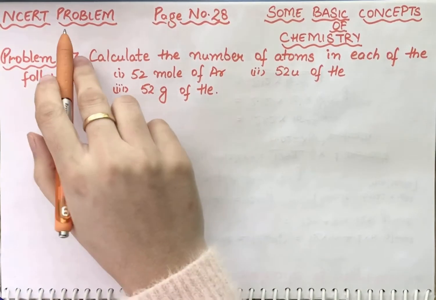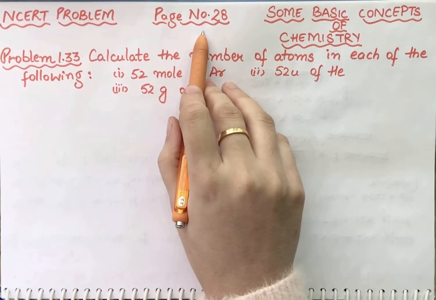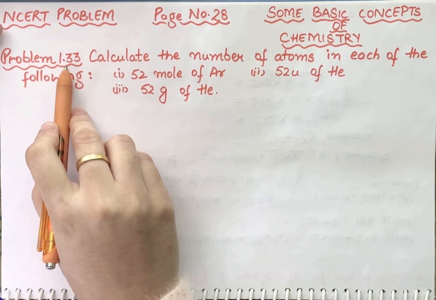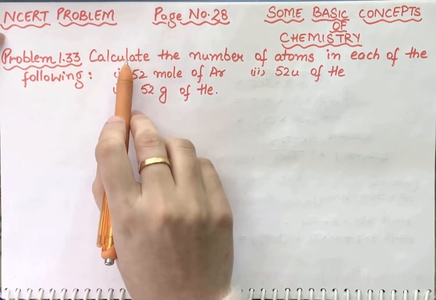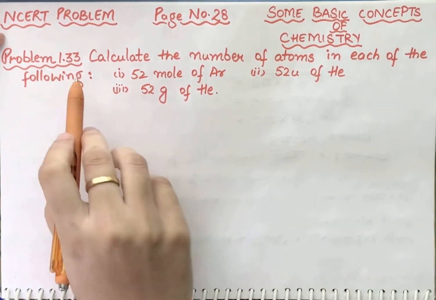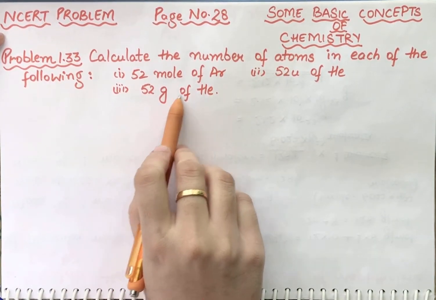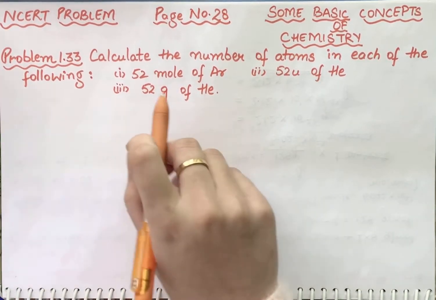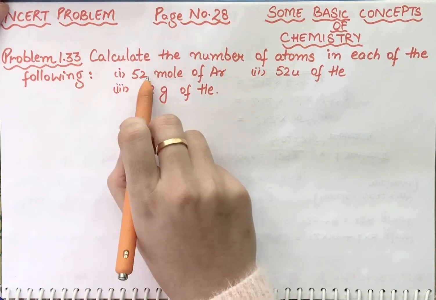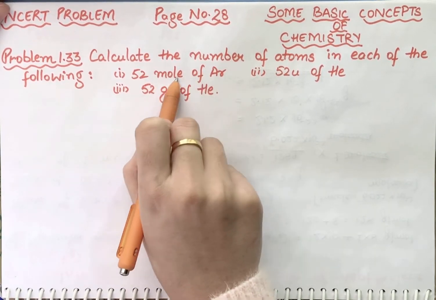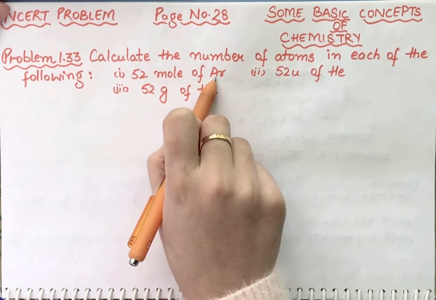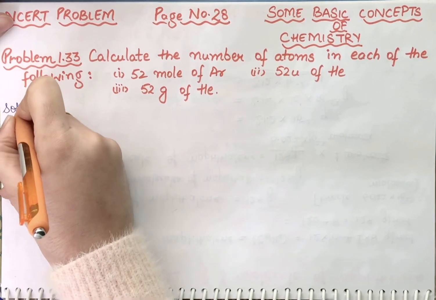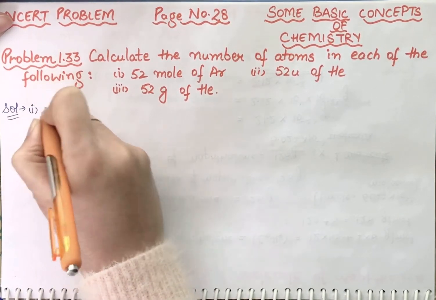So students, this is NCERT problem present on page number 28, and it is problem number 1.33, right? So let's go through the statement. Calculate the number of atoms in each of the following. We are having three conditions, and they are asking you to find the number of atoms in each of the following conditions. So in first condition, they have mentioned 52 mole of argon. You are having 52 mole of argon, and they are asking you to find the number of atoms in it. So first of all, I'll write, I know that 1 mole